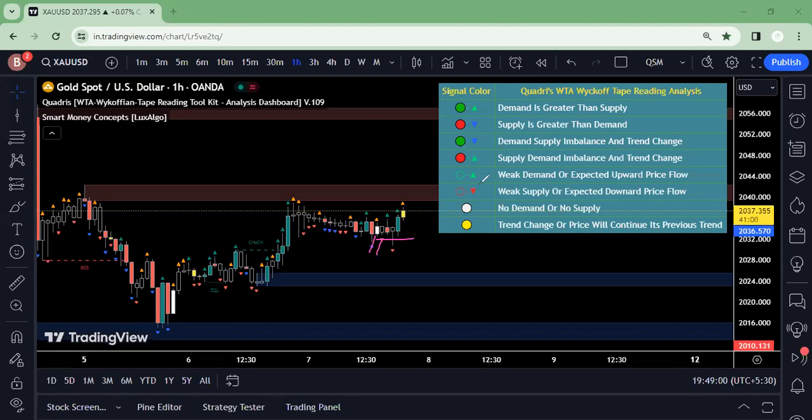So sorry for this technical snag. So coming back to my explanation, if this is the supply, and after the supply, this is the first demand in this particular consolidation area. So if this is demand and supply,